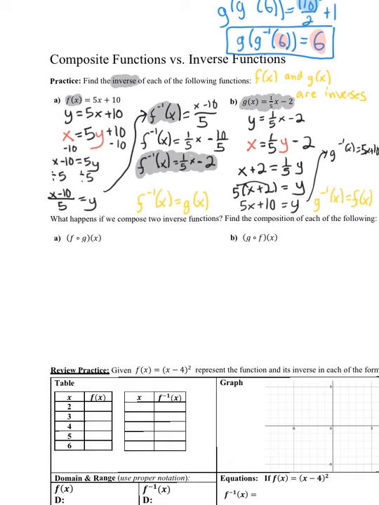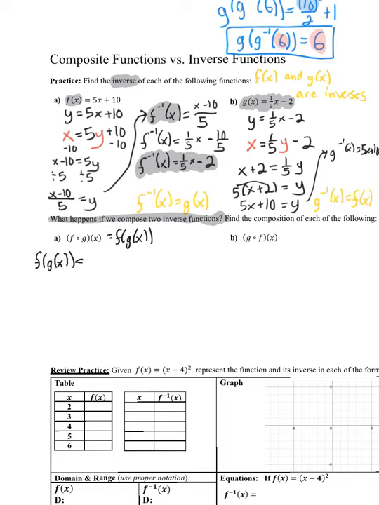All right. There's another way to prove two things are inverses of each other, and that's what we're going to talk about down here. It's what happens if we compose two inverse functions. So now that we know these are inverse functions, what happens if we find f of g of x? So we're going to take our g function and make it the input of f. So f of g of x